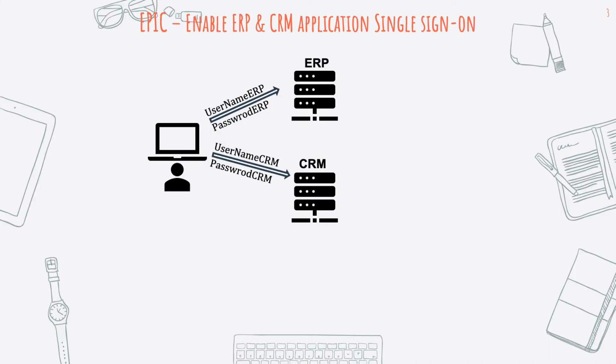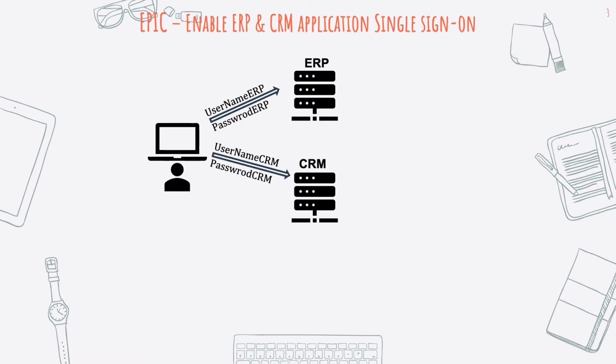If you are continuing here from the Epics and User Stories tutorial, you're probably aware of our hypothetical requirement to implement single sign-on feature across ERP and CRM applications. Once again, a quick brief here. The ERP and CRM users are making too many requests to reset usernames and passwords. They have to recall separate credentials for logging into these applications, which sometimes they cannot. The management has decided to implement single sign-on, also known as SSO, so they can use a unified credential to